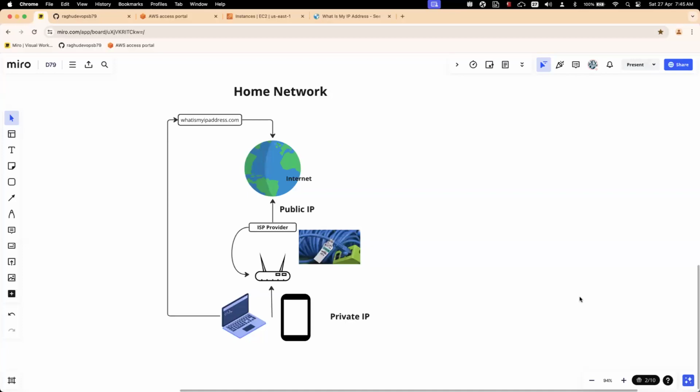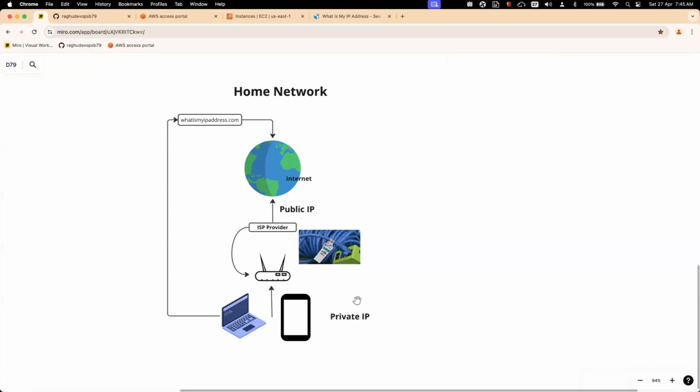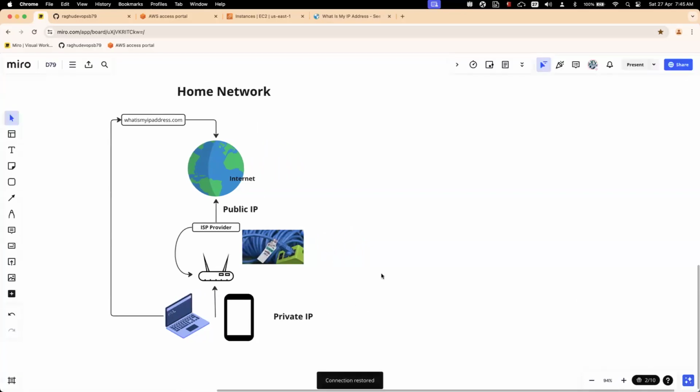So at the end of the day, it's an address. It's like a courier service, by the way. In your courier service, if there is an address, it will deliver, right? So the address must be there. That's how the public IP and private IP work in your home, by the way. Now the same thing ultimately